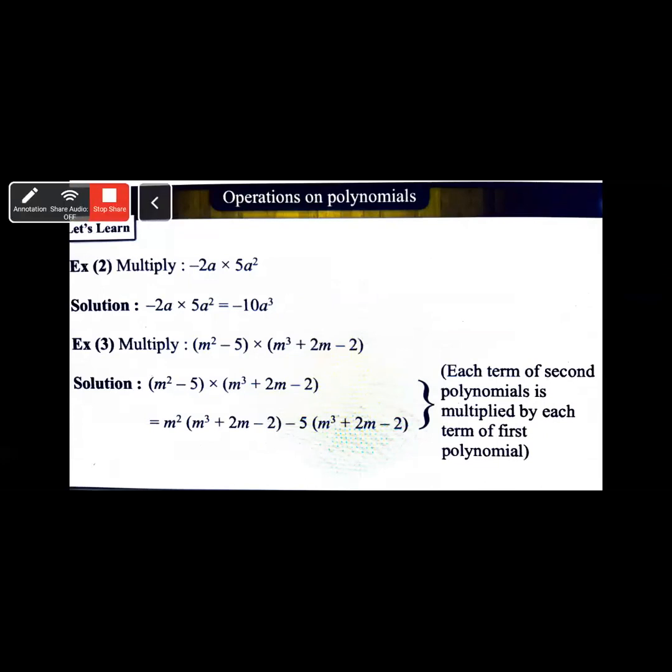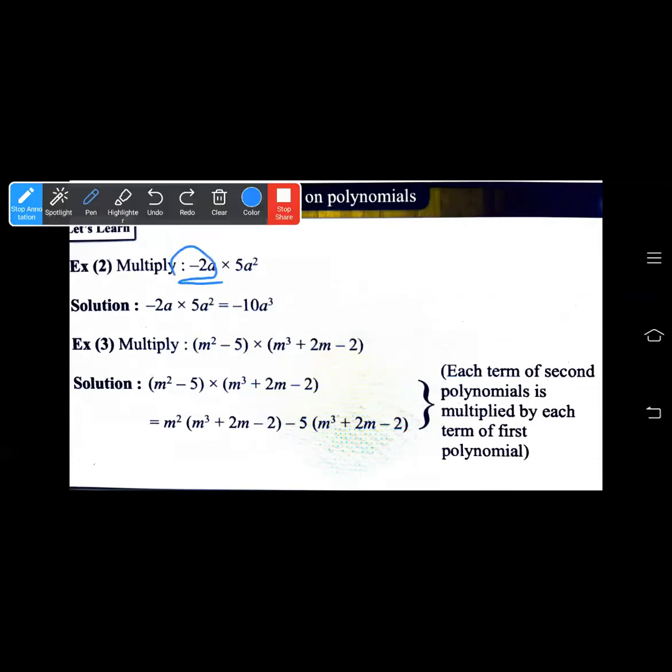So here the first question is minus 2a should be multiplied by plus 5a square. Okay. So minus 2 multiplied by 5 will become minus 10. Fine. And a multiplied by a square will become, a means a raised to 1, a raised to 3. Fine. So it will become minus 10a cube. We'll see the next one. In the next one,